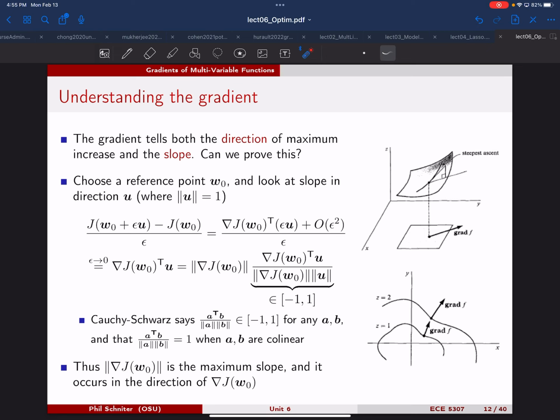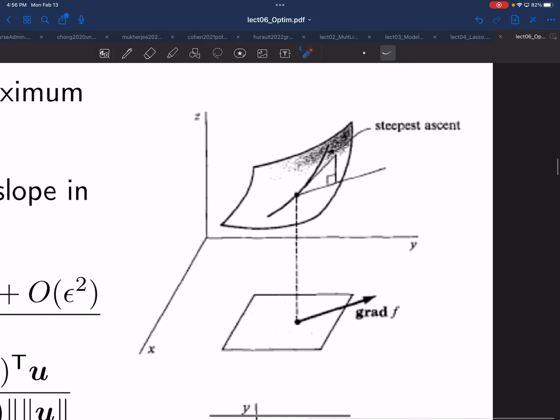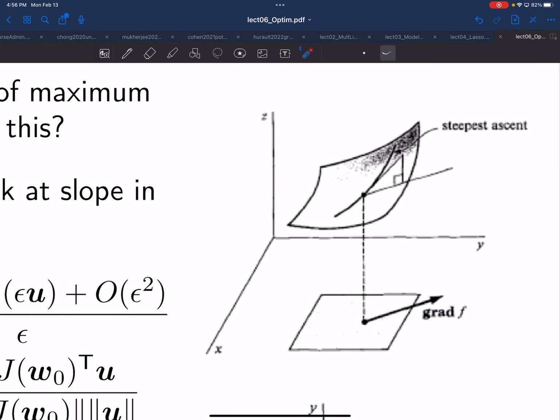So I think I told you guys about this maybe back in Unit 2 and again earlier today. The gradient tells us the direction of maximum increase and the slope of a function. So here's a nice illustration of that. So this is the function